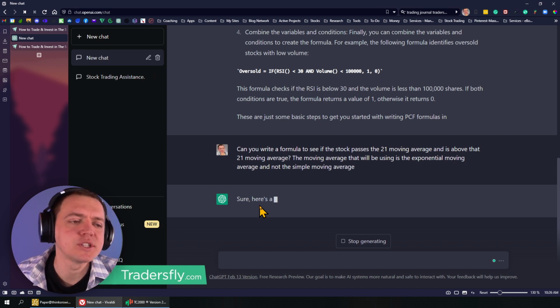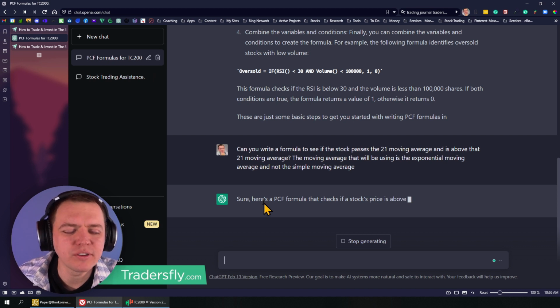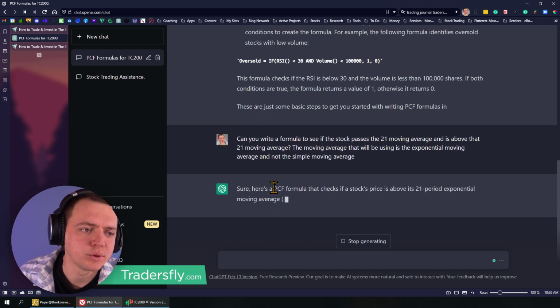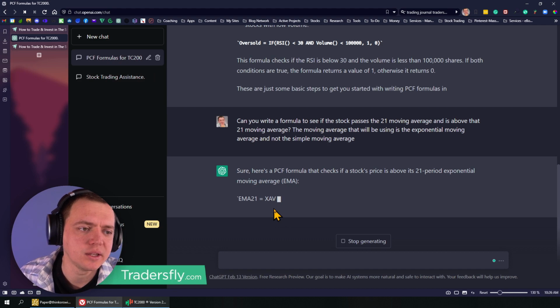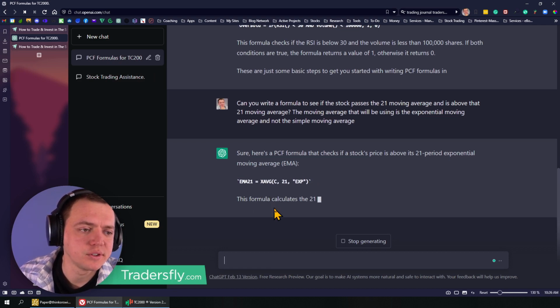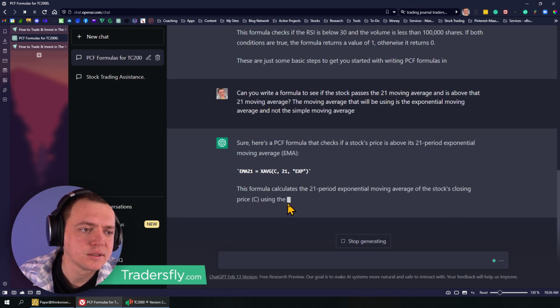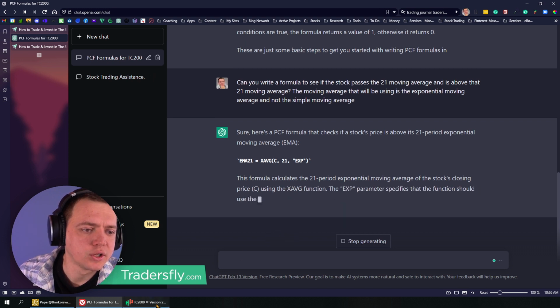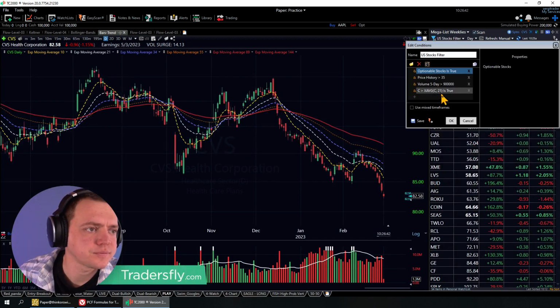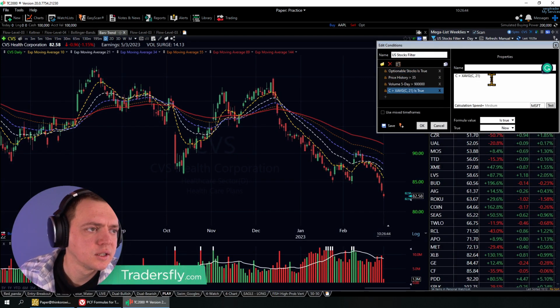But I will say I've been using it to kind of simplify some of this writing. It's not perfect, but in some cases it will help you write some simple things. So here's the EMA 21 average is the X. Yeah, so there is the X average, which is what I've used. So the formula calculates the, yeah, exactly. So this is what we were using earlier for this moving average, where the closing